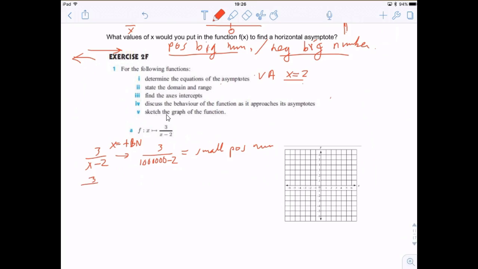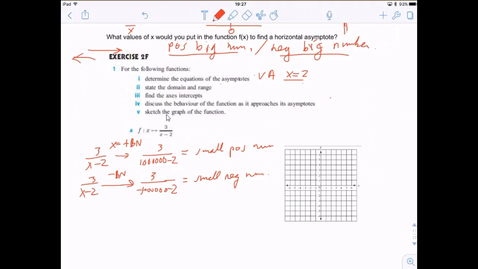We start with 3 over x minus 2, and substitute in a negative big number, which gives us 3 over negative a million minus 2, which is 3 over negative a million and 2, a small negative number. Okay, and when I say small negative number, I mean really small,